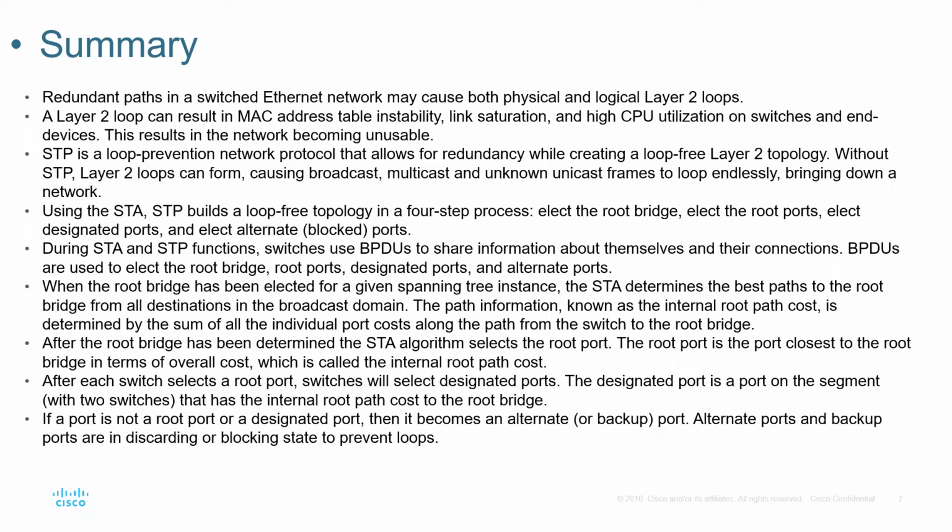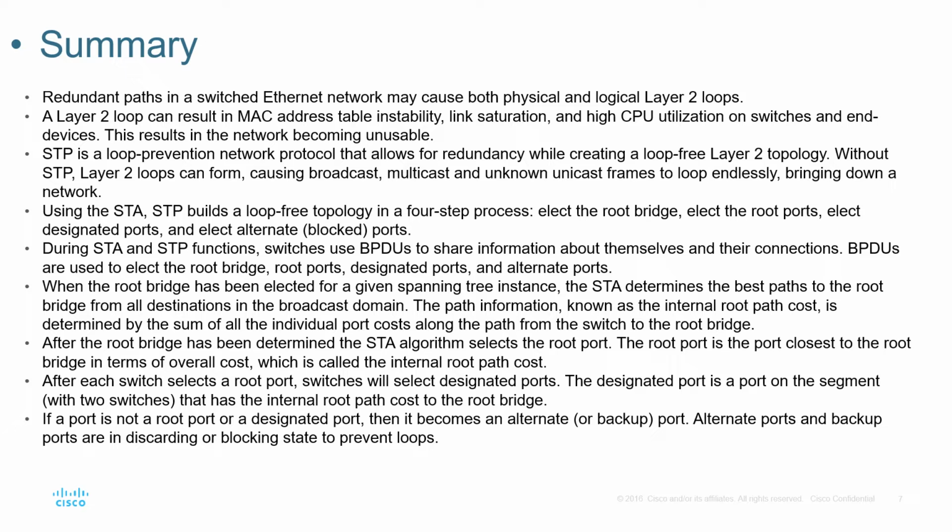And to sum it up for this module, redundant paths in a switched Ethernet network may cause both physical and logical layer 2 loops. A layer 2 loop can result in MAC address table instability, link saturation, and high CPU utilization on switches and end devices. STP is a loop prevention network protocol that allows for redundancy while creating a loop-free layer 2 topology. Without STP, layer 2 loops can form, causing broadcast, multicast, and unknown unicast frames to loop endlessly, bringing down